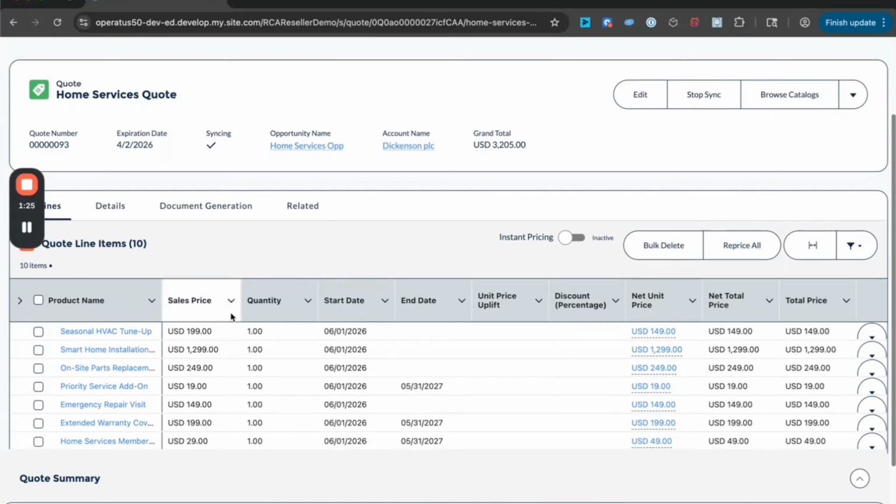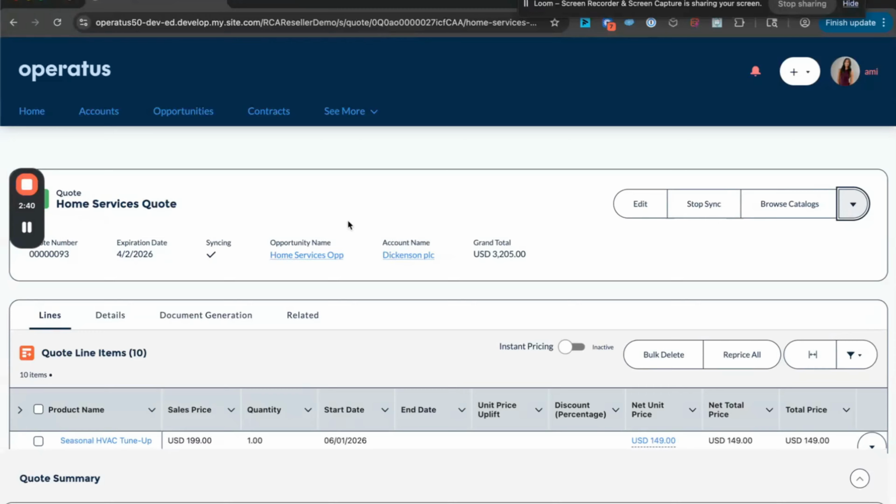At the bottom of the page, you'll be able to see the subtotal, overall discount, and grand total of this quote as we go. When finalized, you can select Finalize Quote, which effectively moves this quote into an approved status. In Salesforce, typically, once a user is done adding products to a quote, they would have to go through an approval process. Because this experience site was set up for resellers, we are allowing users to finalize the quote themselves,